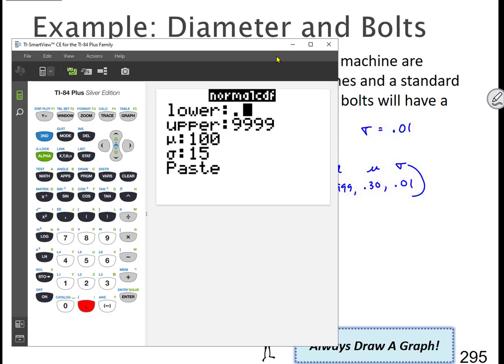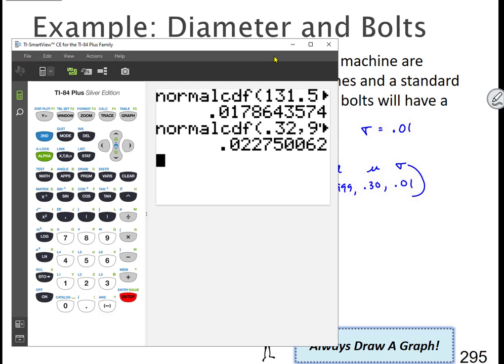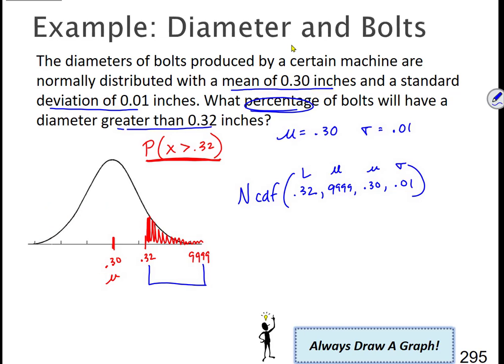32, and we already have the 9s in there, and change that to 0.3 and 0.01. Double check your work, one little typo can mess you up, and paste to get our answer. Now I'm getting 0.0227, which is going to round up with the 5, so 0.228. But if I were to type that into the computer, I would get it wrong because remember that the